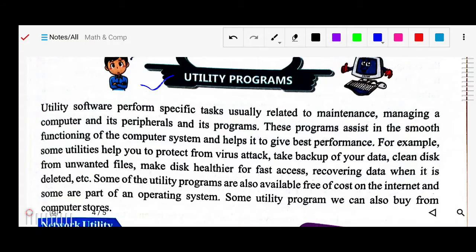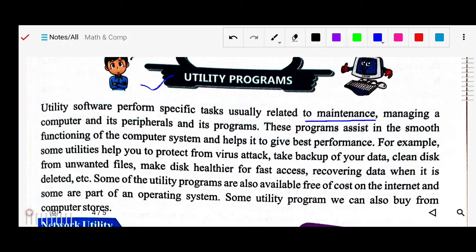Now today we will study utility programs. Utility software performs specific tasks, usually related to maintenance. It is related to maintaining and managing the computer, its peripherals and its programs. These programs assist in the smooth functioning of the computer system and help it give the best performance.